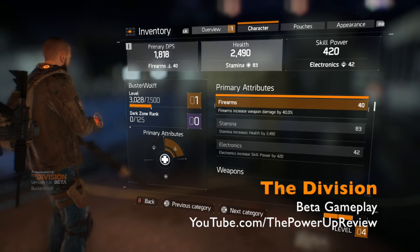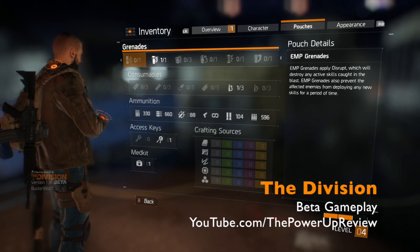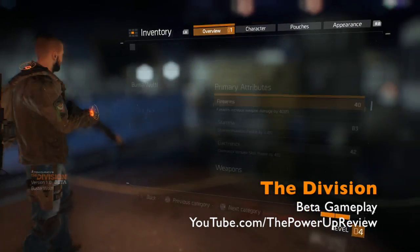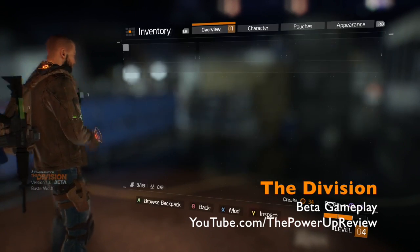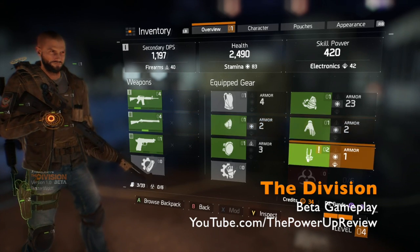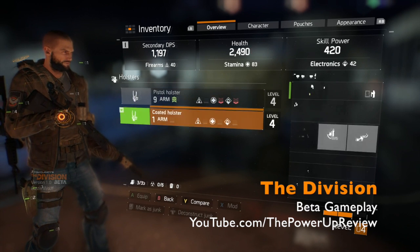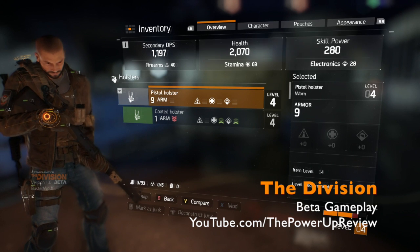Now in the beta, you couldn't customize the face or anything like that. You can only kind of hit random. And then once it landed on something that you like, you had to click confirm. But you can pick your different jackets, your shirts, pants, shoes, hats, things like that, as well as things that go towards your armor, which is your pistol holster, your backpack, your chest piece, your gloves, your knee pads, and